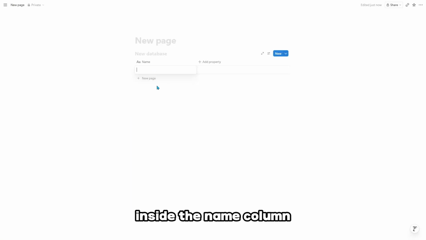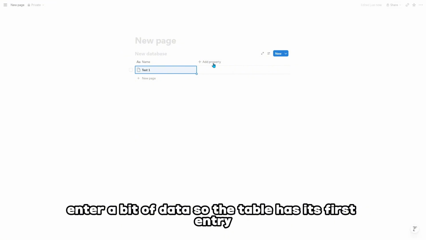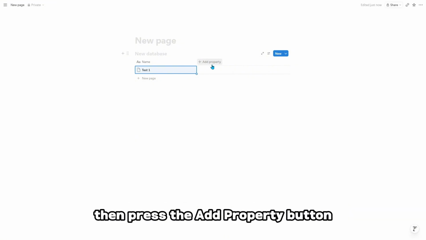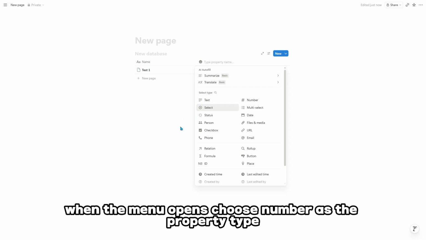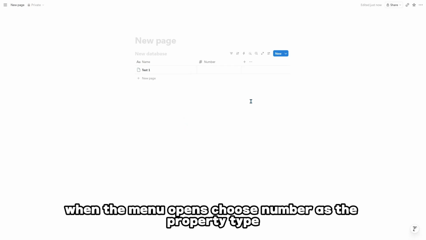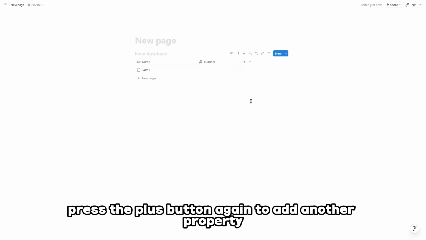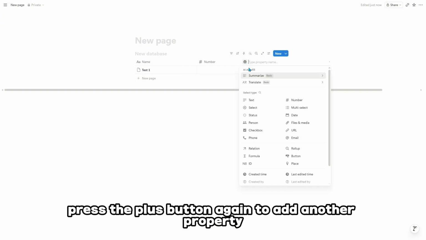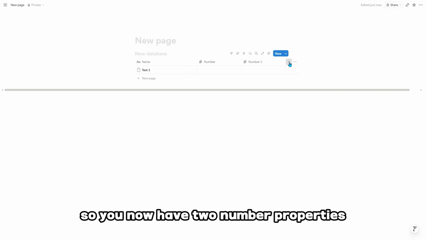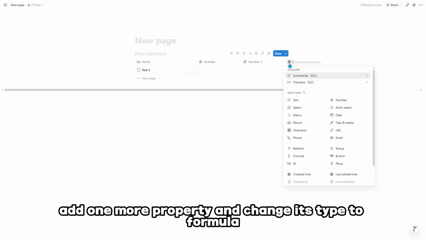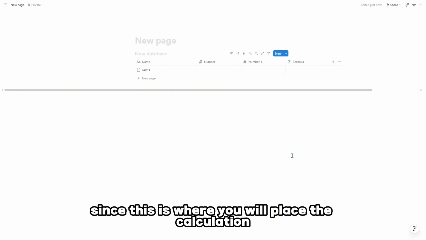Inside the name column, enter a bit of data so the table has its first entry. Then press the Add Property button to create a new property for the table. When the menu opens, choose Number as the property type. After that, press the plus button again to add another property, and once again select Number so you now have 2 number properties. Add one more property and change its type to Formula, since this is where you will place